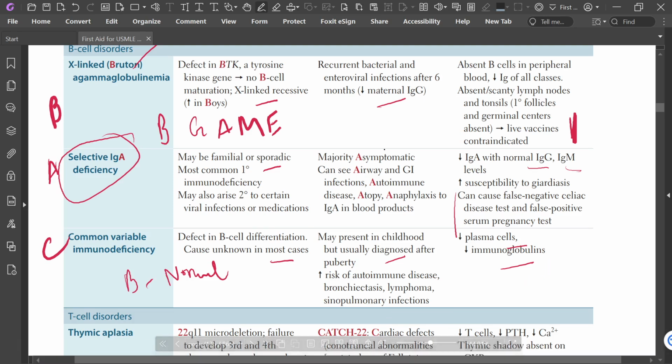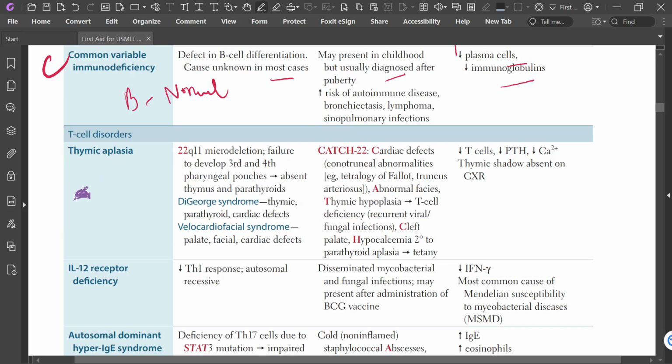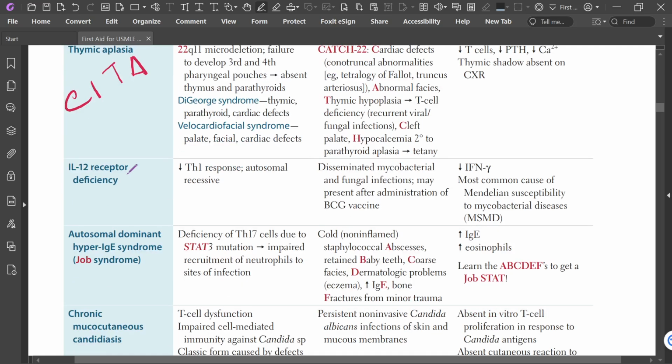Okay, now the T cell disorders. In T cell disorders, if you remember CITA, what does it mean? Chronic granulomatous disease, I for interleukin 12 receptor deficiency, thymic